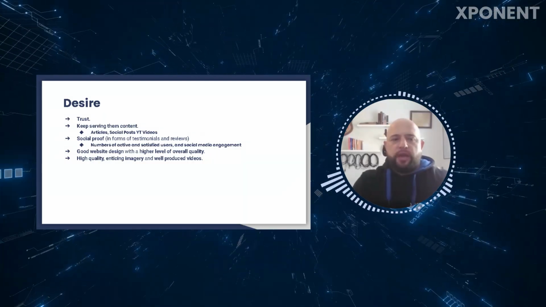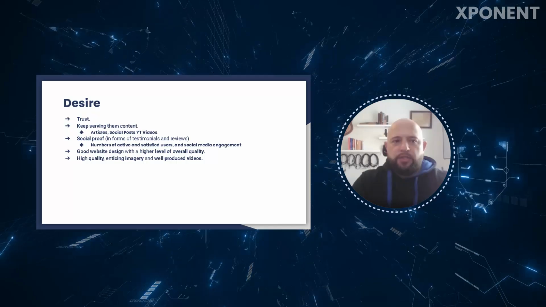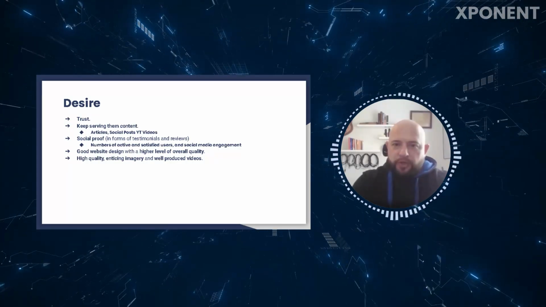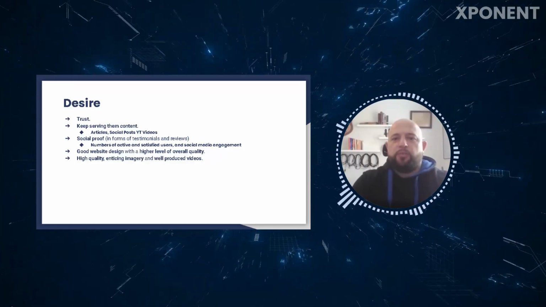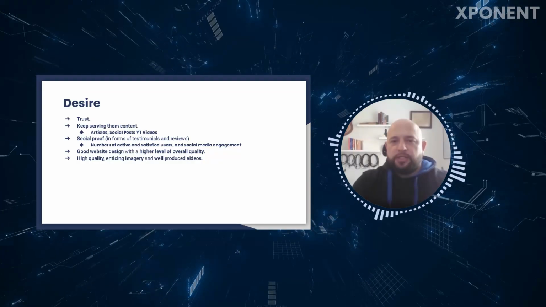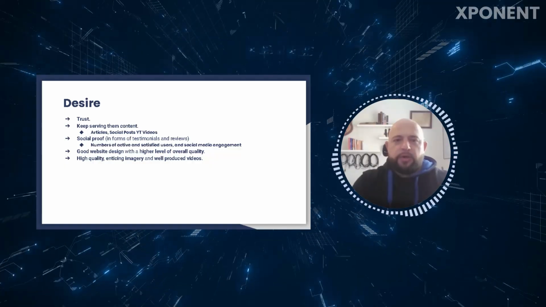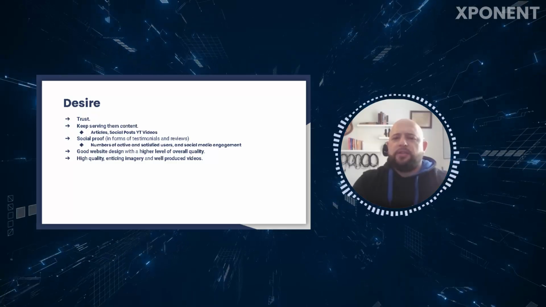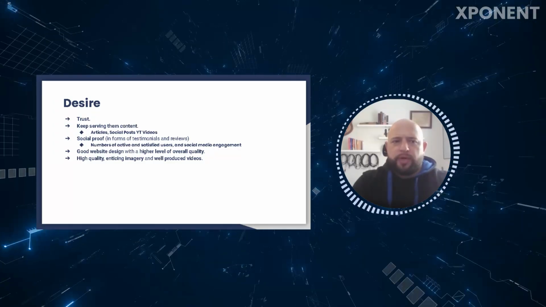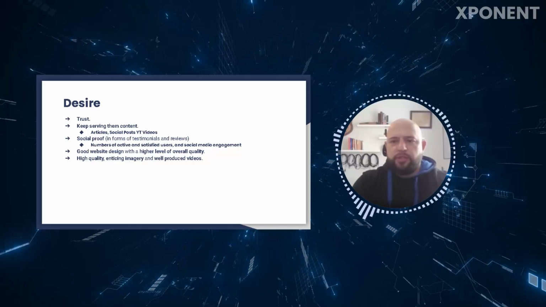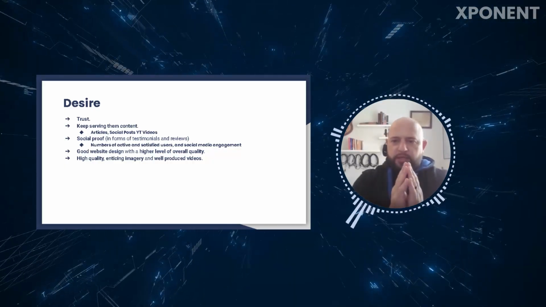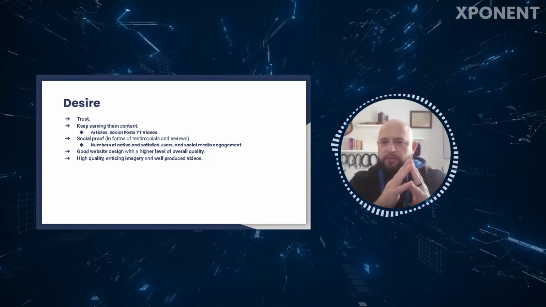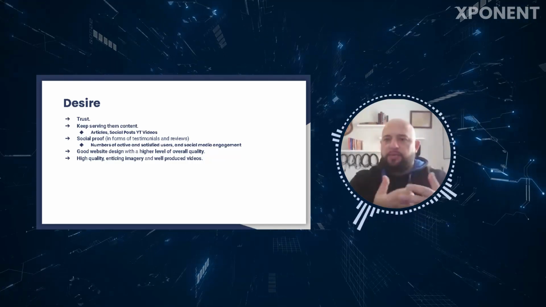Now, in the desire phase, the goal is really to create trust. So once we've attracted their attention, we've got them interested, now we need to show them what we're offering and to gain trust so that we can generate desire. The goal is to say to them, or to get them to say, I like it, I want it. Okay, so you're going to keep serving them content. The desire phase doesn't have to happen instantly. All of this doesn't have to happen in the space of 5 seconds. Right? Sometimes it does, sometimes it doesn't.